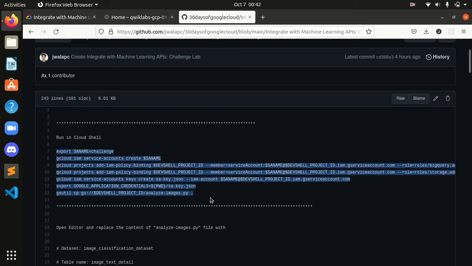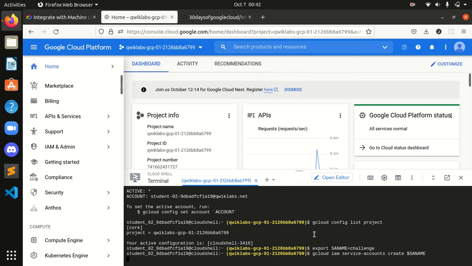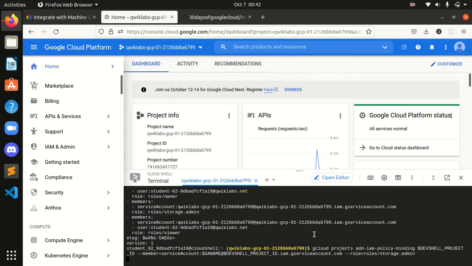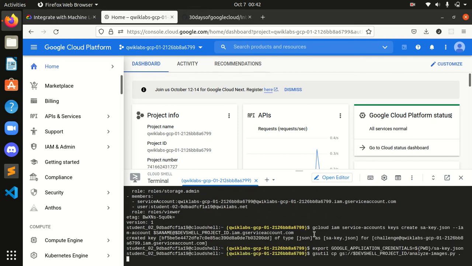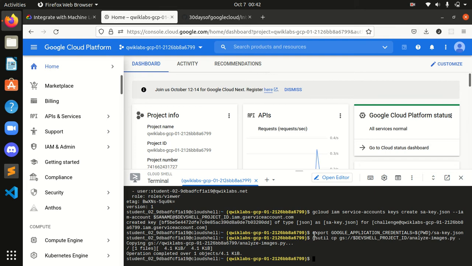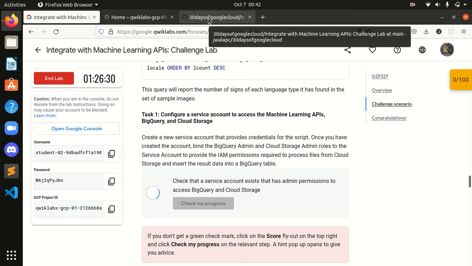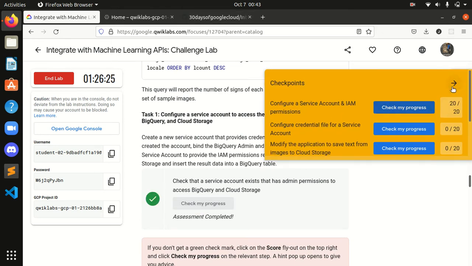You simply copy these 3 and paste them in your Cloud Shell, done. Okay guys, we are done with this. Let's check it. We are done with our first task successfully.